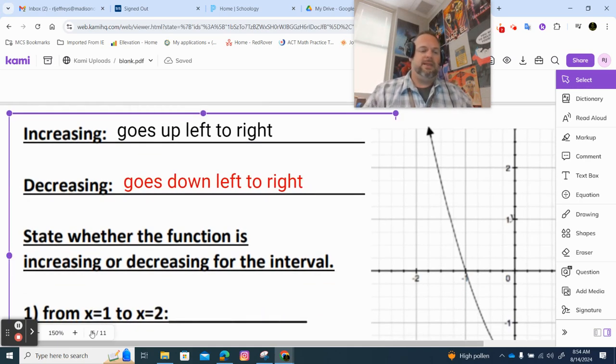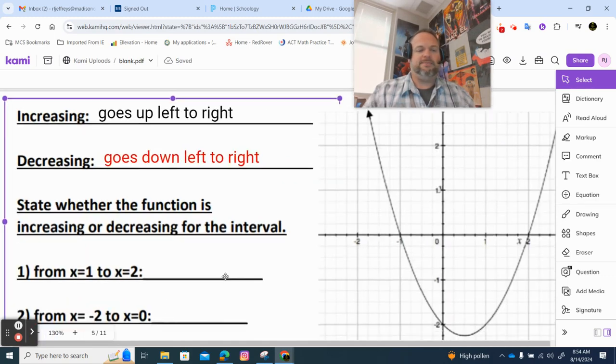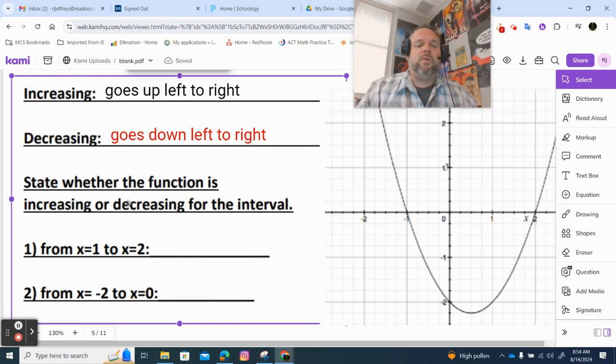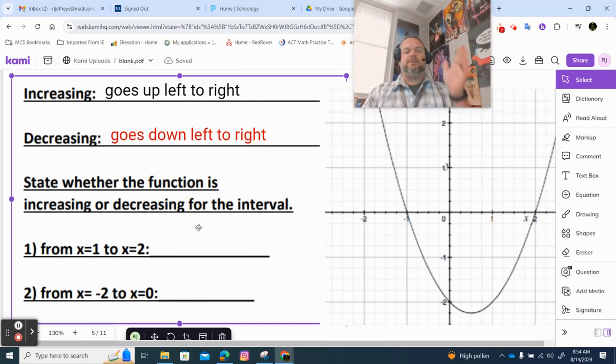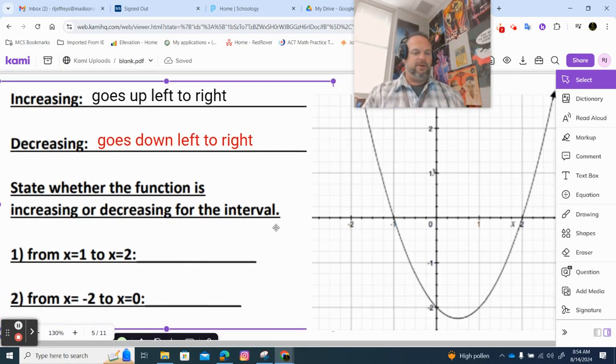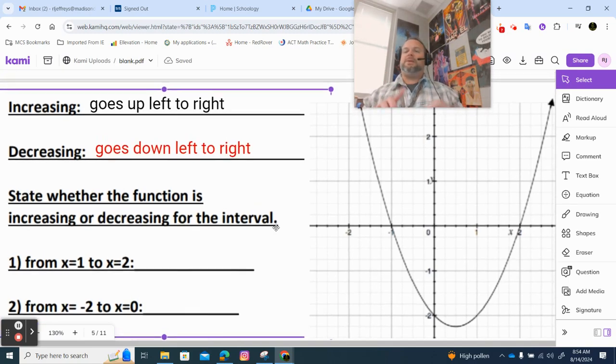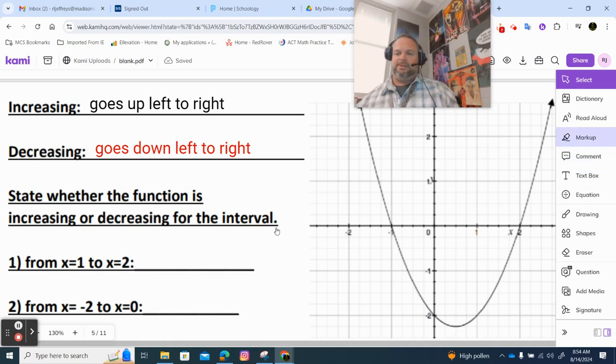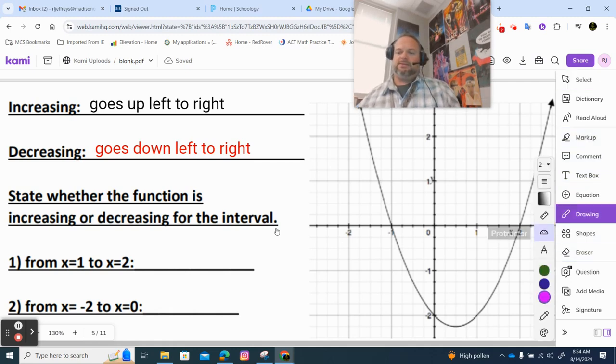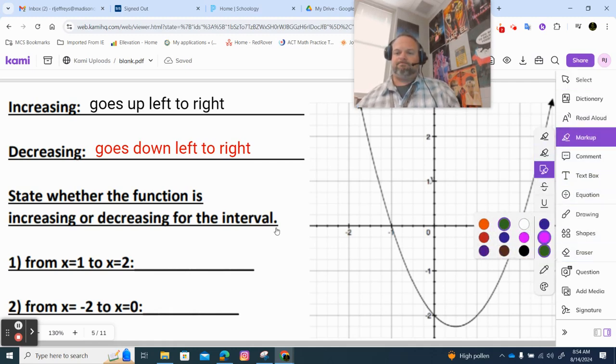So let's actually put it to practice. All right. This says state whether the function is increasing or decreasing for the interval. Okay. Now it says interval. It's going to be between like two x points. Okay. So it says from x equals 1 to x equals 2. So from right here,